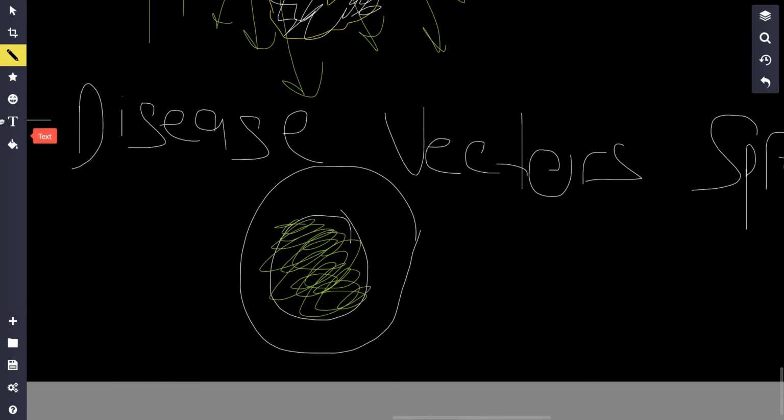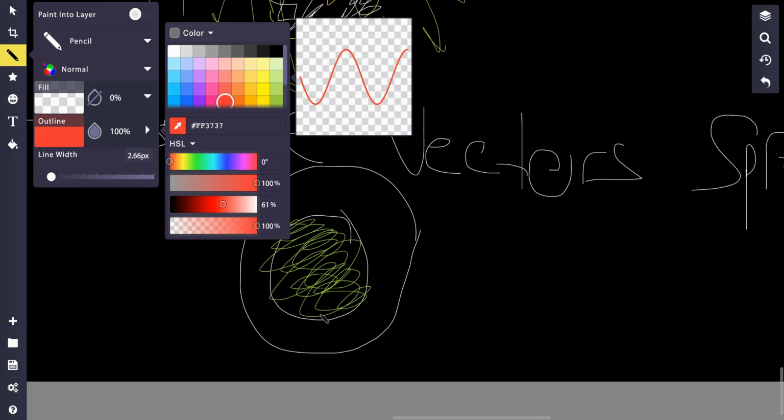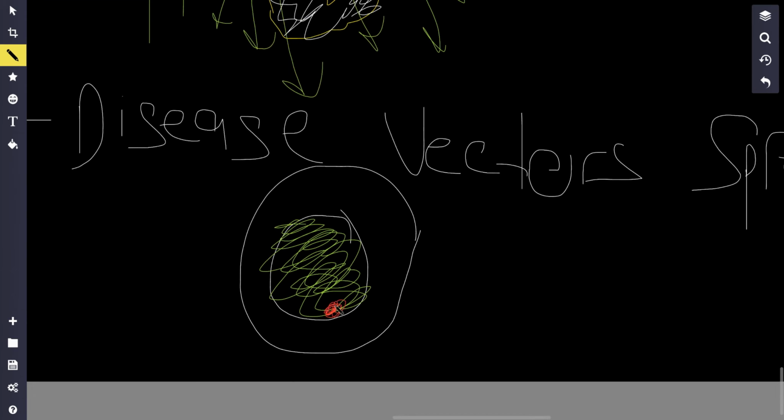Now, let's say that the mosquitoes only live in one certain area. They live in a very hot area. This place right over here. But as the temperature of the earth increases, the other areas on the earth start to get hotter as well. And therefore, the habitat for the mosquito increases, right?